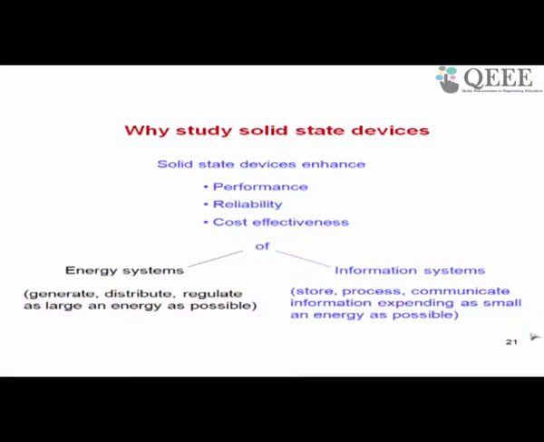For example, vacuum tubes. If you take more than 70, 80 years ago, before the 1950s, the devices were made of vacuum tubes. Now what we are saying is, replace those other devices like vacuum tubes by solid state devices. What do you mean by a solid state device? A solid state device is a device made out of solid where the current flow happens in a solid. As against this, in a vacuum tube, the current flow is happening in vacuum.